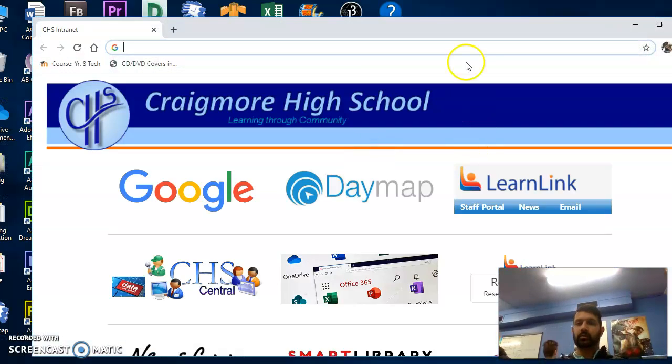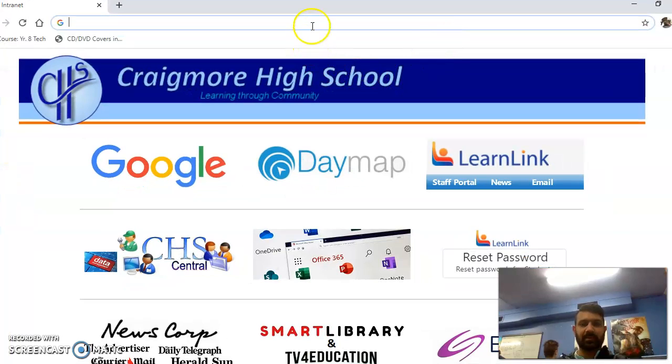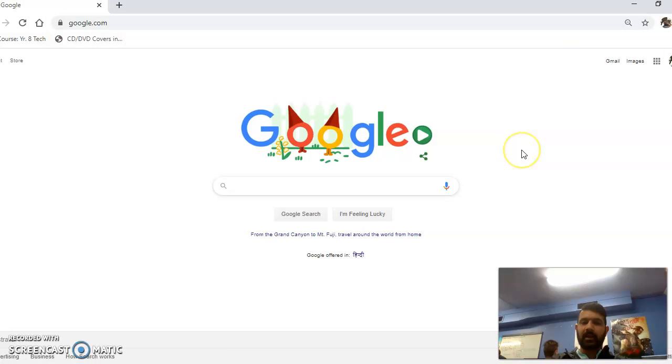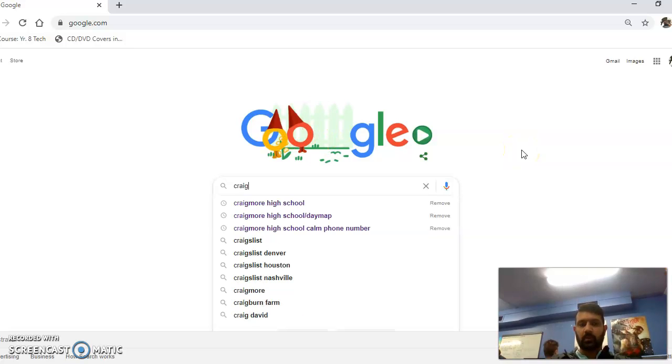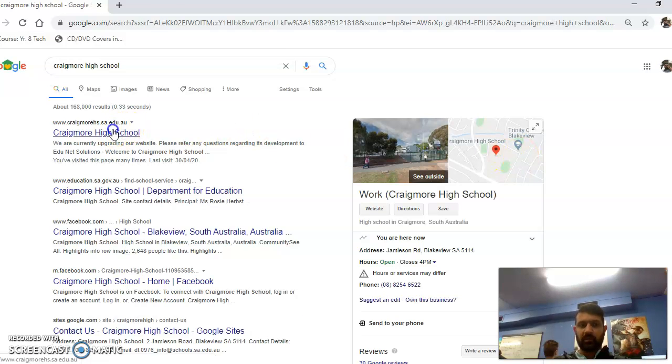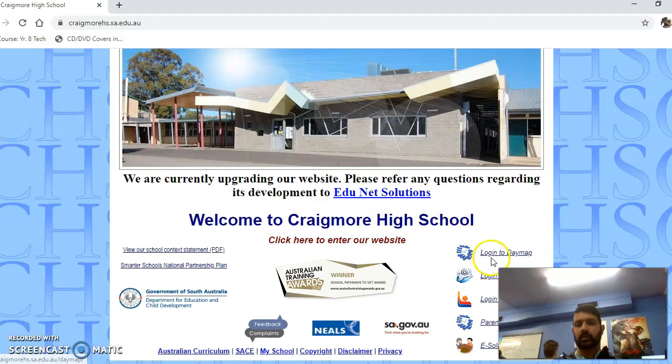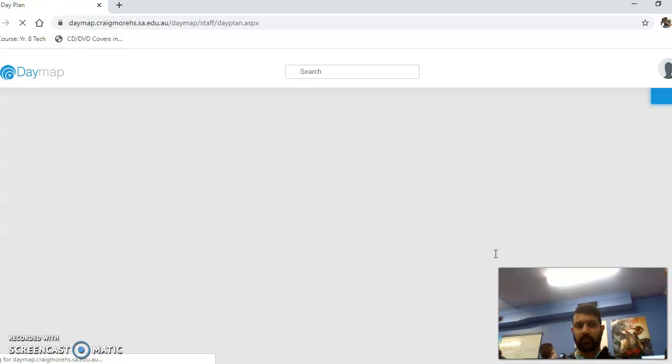So I'm going to open a Chrome window. This takes me to the website of Craigmore High School. That wouldn't happen at home, so I'll start where you would start at home. In Google, type Craigmore High School, and when you go onto the Craigmore High School website, which looks a bit different from what it looks like at school, you click on Login to Daymap. Once you do that,